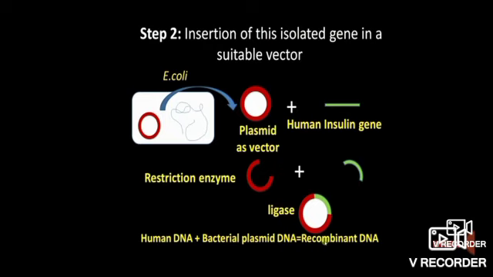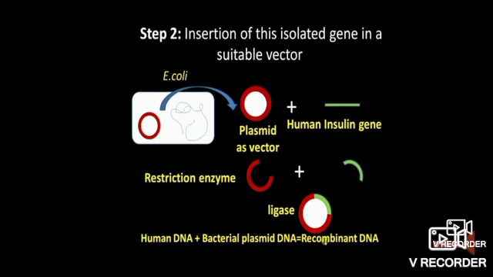The cut ends of the gene have to be sealed with another enzyme called ligase. Ligase is commonly called molecular glue or gum. So this step is called ligation. So restriction endonucleases are enzymes which are called molecular scissors which cut the DNA at specific sites. Similarly, ligase enzyme is called molecular glue which binds or joins the staggered ends, and this step is called ligation. Now we have the recombinant DNA molecule or the chimeric DNA.